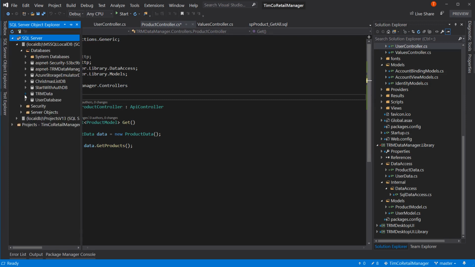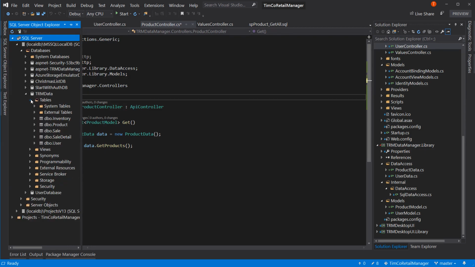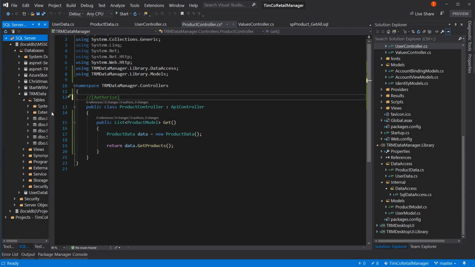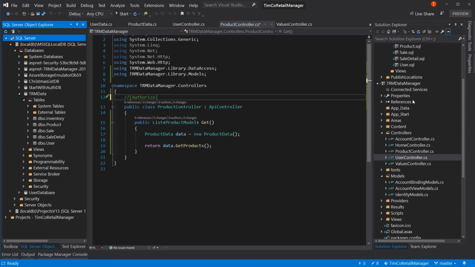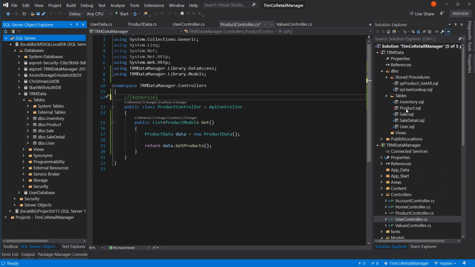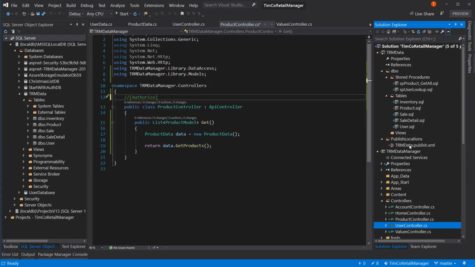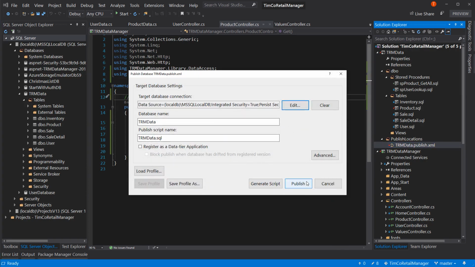So I believe our database is the TRM data. And we have our products and we have our inventory. So the only thing is though, I have added a column to that product table. So I'm going to go to my publish location. I had double click this to publish a new